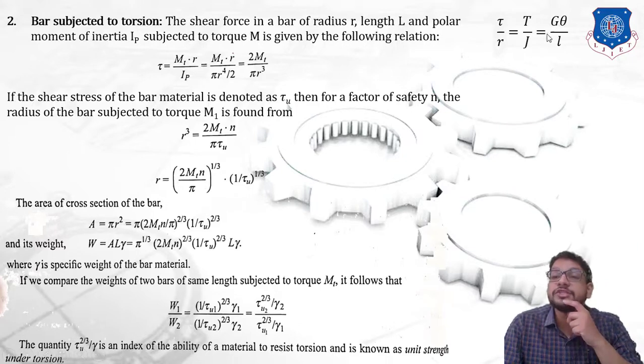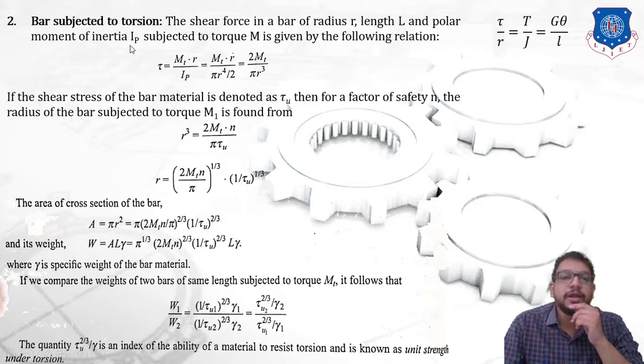And what is G? Over here G represents the modulus of rigidity. Theta was the angle of twist, and L was the length of a shaft. From this equation we can derive our equation. In our case we take tau as it is, R is our radius of the bar. The twisting moment T is represented by capital M, that is our torque, and J, the polar moment of inertia, is represented by Ip. Now making tau the subject,